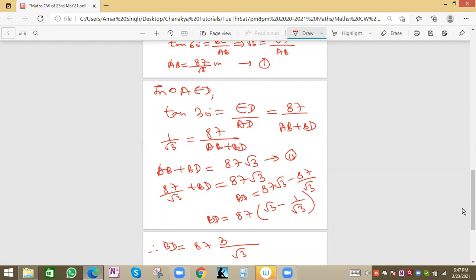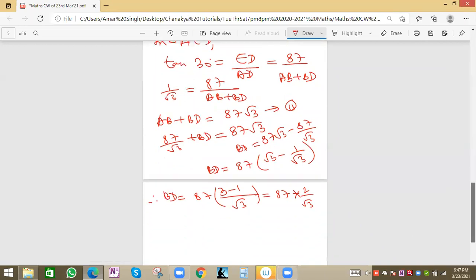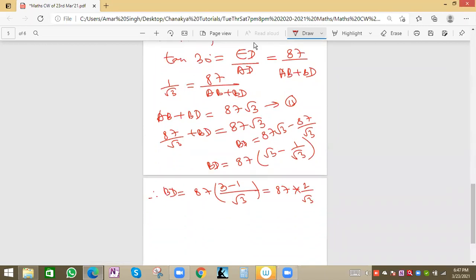So this is root 3 into root 3, how much value? 3. 3 minus 1. This will be 87 into 3 minus 1, 2 by root 3. Now we can rationalize the root 3 value because in the numerator side we will not keep a root value. So this will be 87 into 2 by root 3 into root 3 by root 3. So root 3 into root 3 will be 3. So this we can write as 87 into,